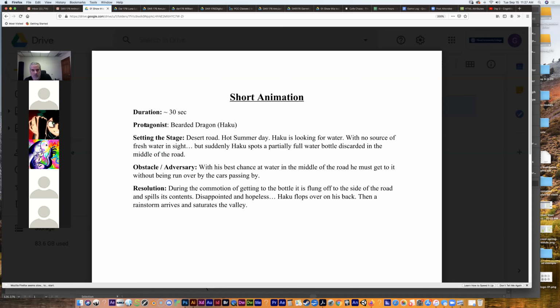Wow, that's cool. I like that. You hit all of the main points. This is a great example, you guys, because it's short and simple. He's already got a background, so we know kind of what it's going to look like, and he's obviously spent some time working on his character as well. And so he's got a very simple plot, which is the protagonist has a goal, which is to get that water. There's an obstacle which trips him up, and in the end he loses the water,